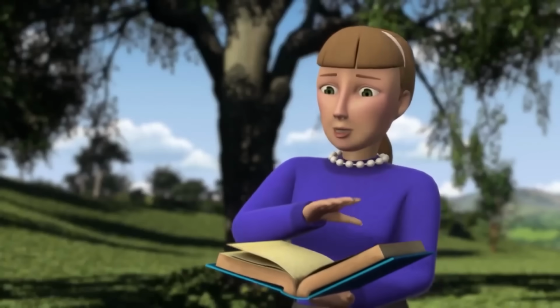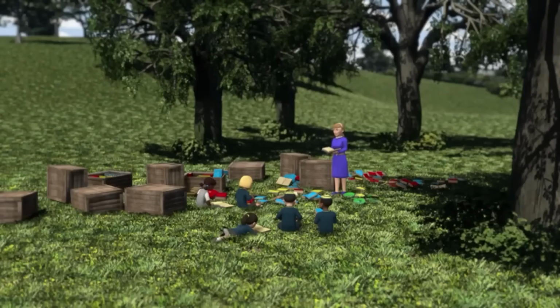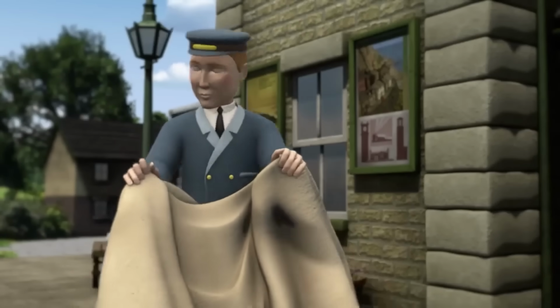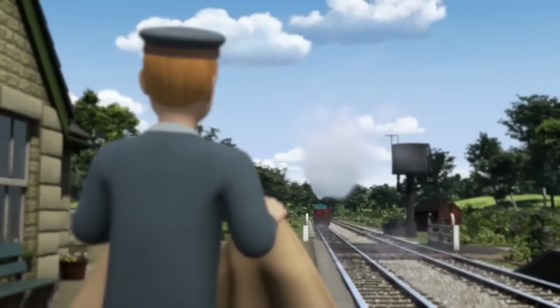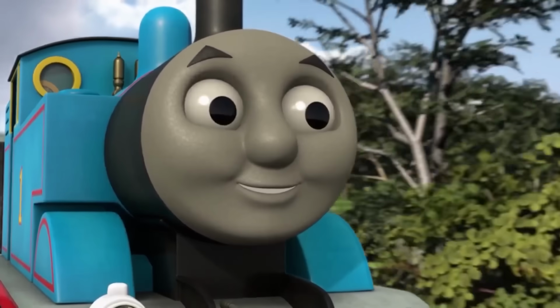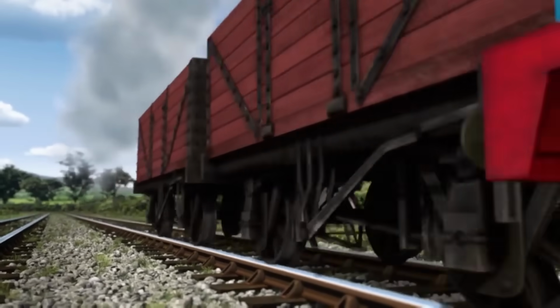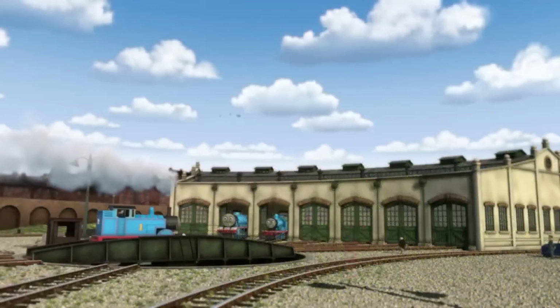You are endangering these kids by getting bit by ants and ticks in the grass. You two don't control your train and just let him do what the hell he wants. Run it back to this guy who didn't put the tarp on the books until after Thomas left. And don't even get me started on Thomas, who should be setting an example for the 2-year-olds watching. But above all else,